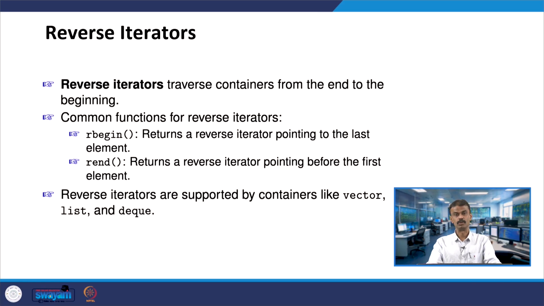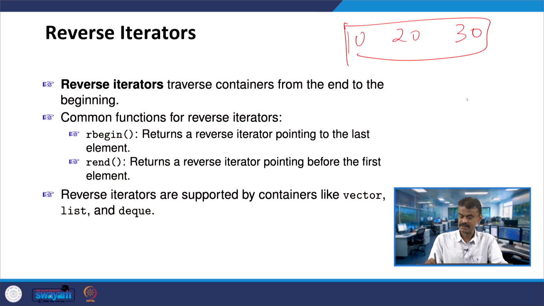All right. So, the traversal is from end to the beginning, the reverse way of traversal. In the reverse way of traversal, here you have the functions rbegin and rend. R stands for reverse. This returns the reverse iterator pointing to the last element, rbegin. Suppose the same example 10, 20, 30. So, your rbegin is this,